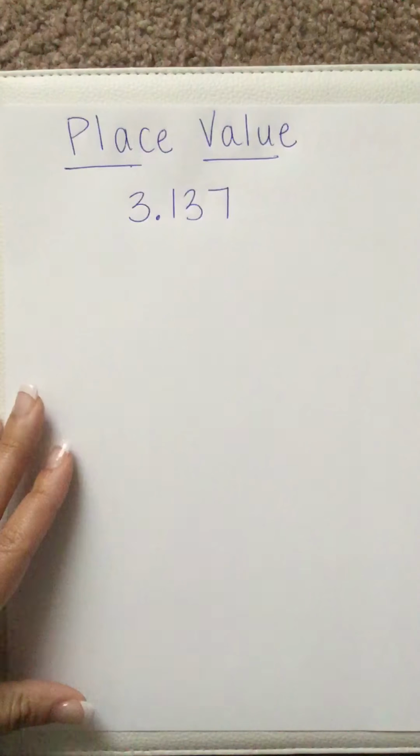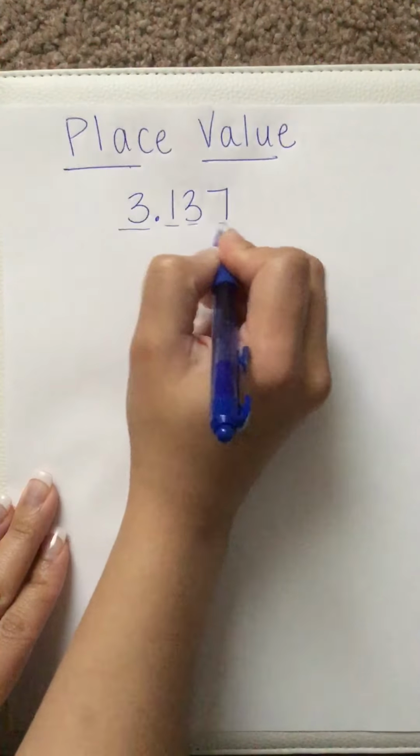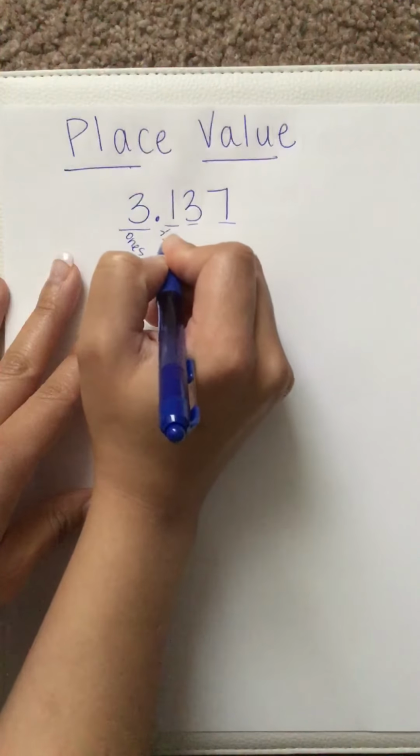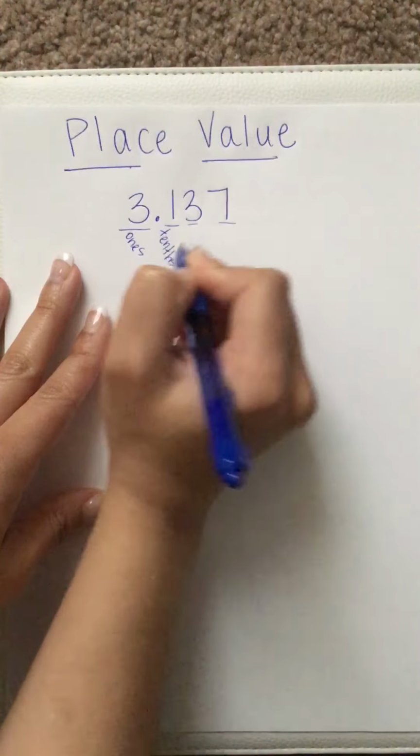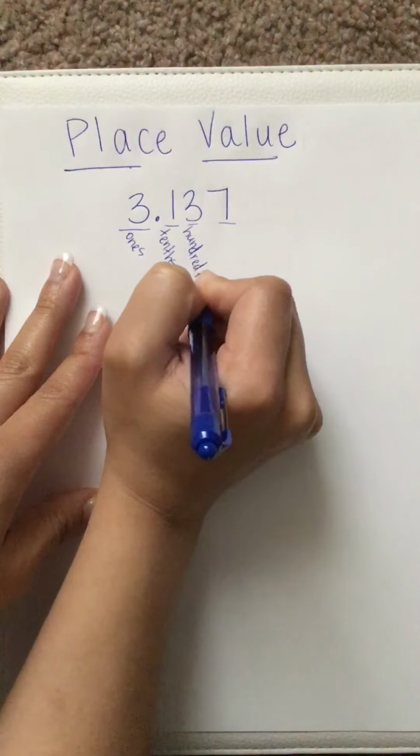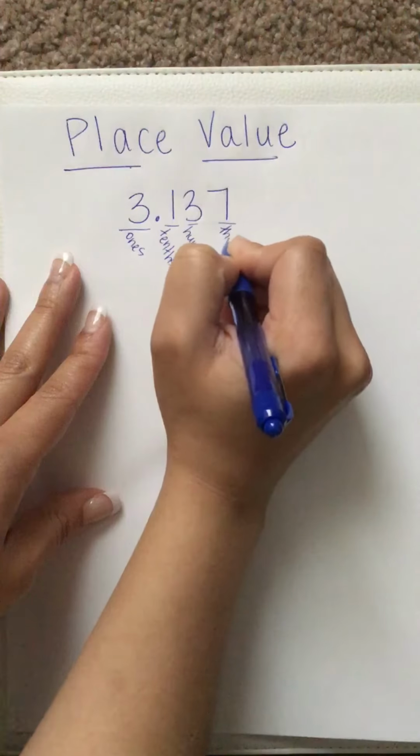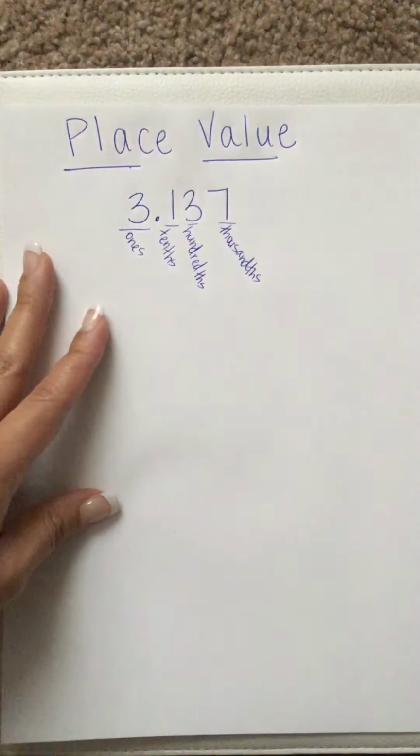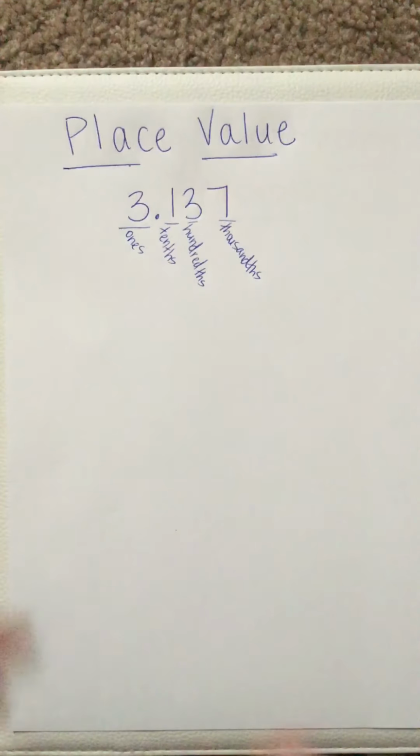So here's a decimal, 3 and 137 thousandths. This is the ones place, the tenths place, hundredths place, and thousandths place. If a problem is ever asking you to round, you need to focus on the place that